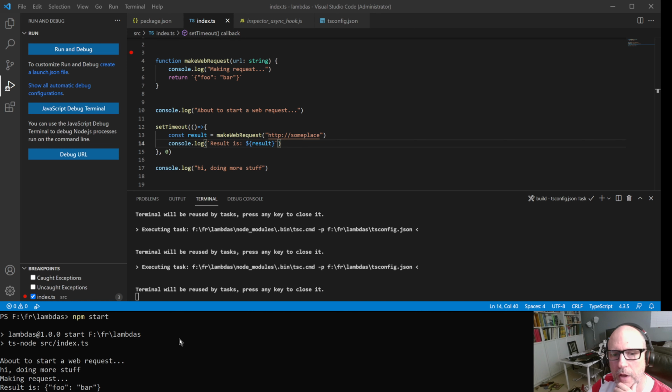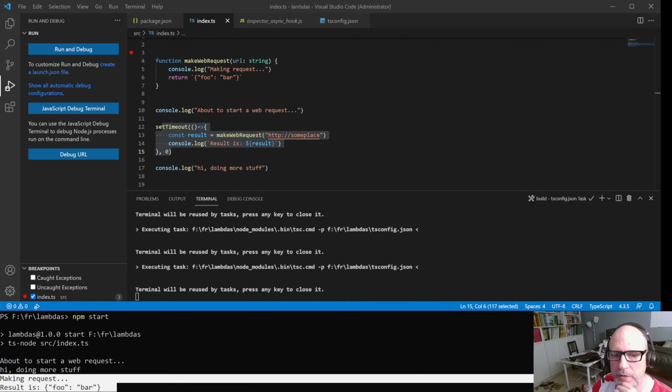Yeah, that worked. So as predicted, we're about to start a web request, and we do start it like we call set timeout, but we don't see the results of set timeout right away. We can immediately start executing some more code, and then at some later moment, the request starts. And if we want to play around, something that's kind of fun to do to figure out these timings is